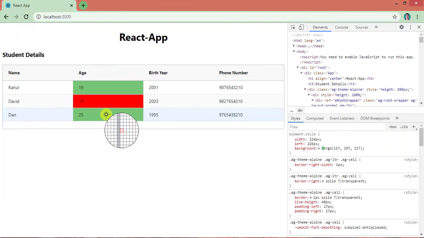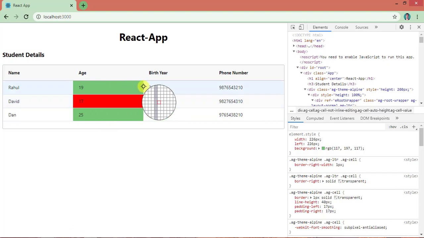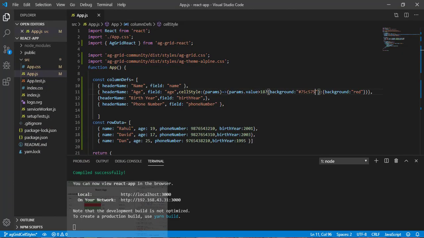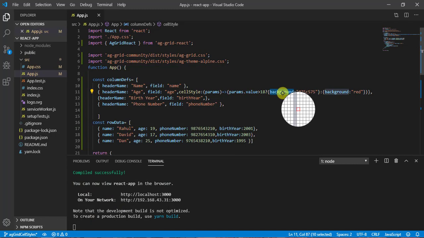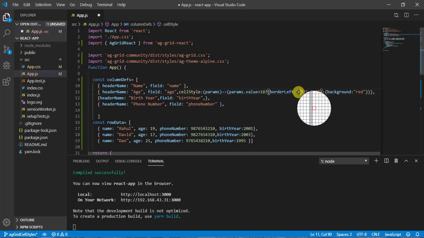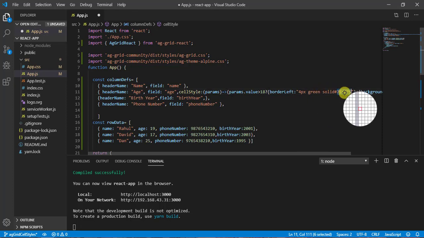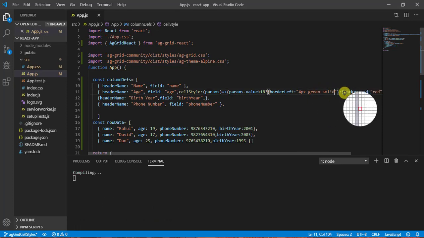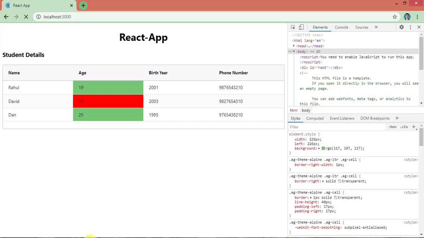Now I don't want this whole color, we can make a border. So let me try this one. Let's call it border left. Let's provide 4 pixel green and solid. Let's remove this property, save it and come here.